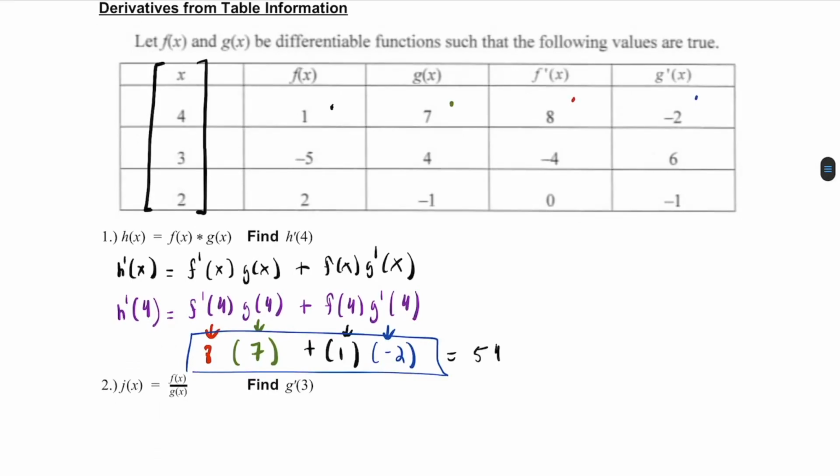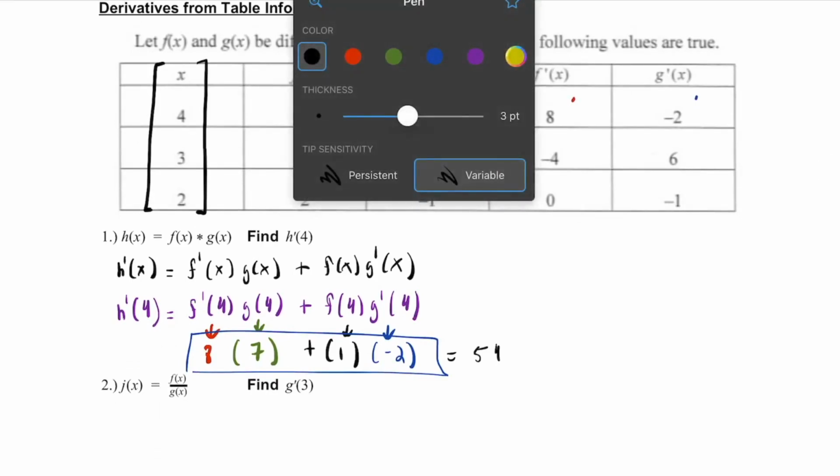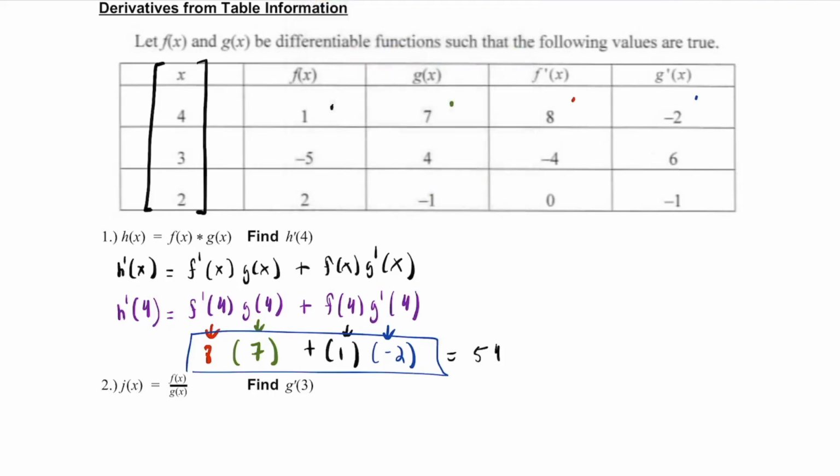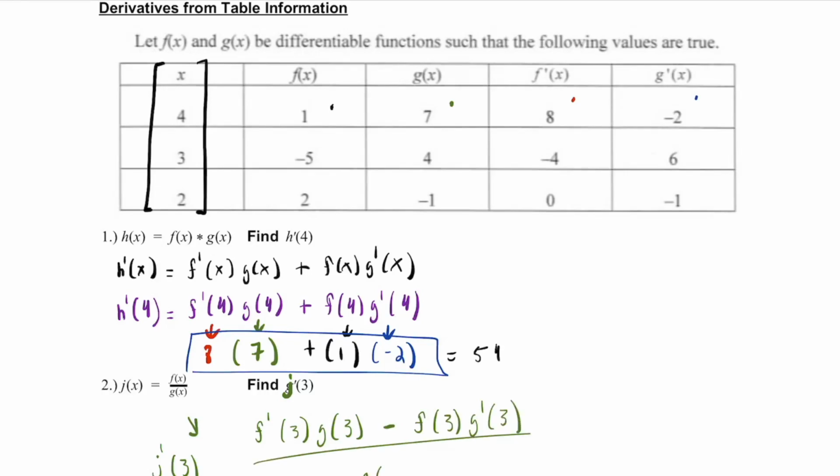If we wanted to find, this should say, obviously not g prime of 3, this should say j prime of 3, we would need to use the quotient rule. So I'm going to skip ahead: j prime of 3 is going to be f prime of 3 times g of 3 minus f of 3 times g prime of 3, all over g of 3